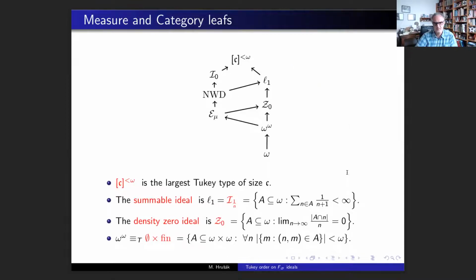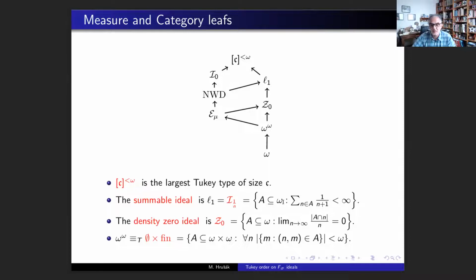So the usual study of Tukey order on definable structures uses this picture where the left column, where we have these sigma ideals of compact sets, is usually referred to as the measure leaf of the Tukey order. And the right-hand side, where we have examples of analytic P ideals, which sometimes is denoted as L1 because of its affinity to the Banach space L1,